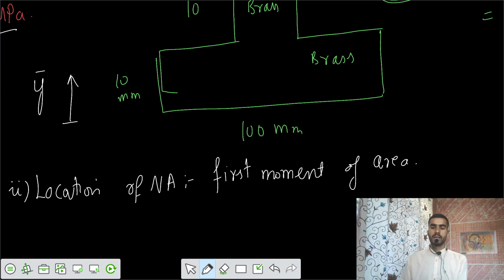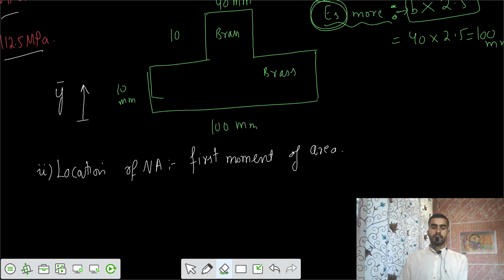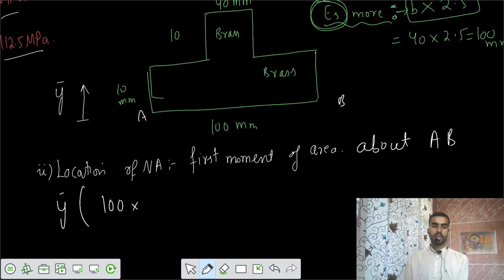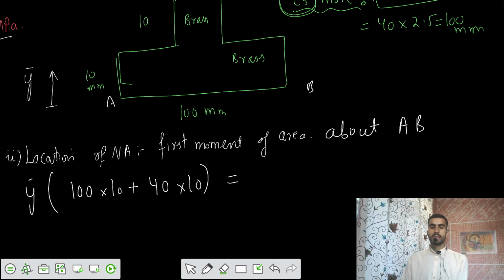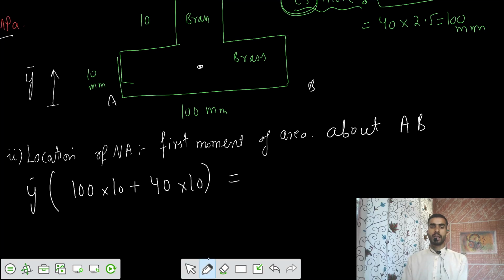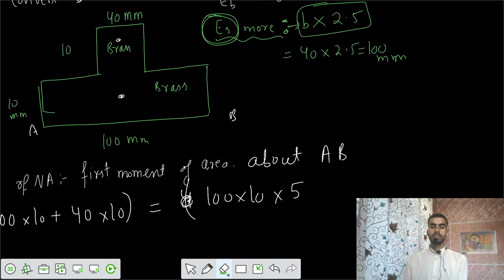So I would say the first moment of area about that line AB. Let's call it the AB line. So y bar into total area, 100 into 10 plus 40 into 10, equals the moments about that centroid and this centroid. So 100 into 10 acting at 5 from AB,